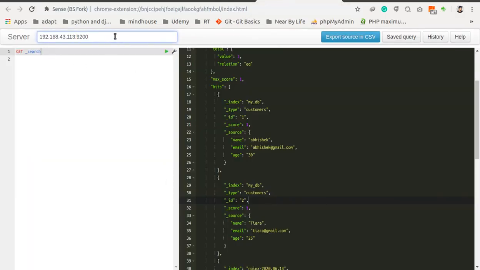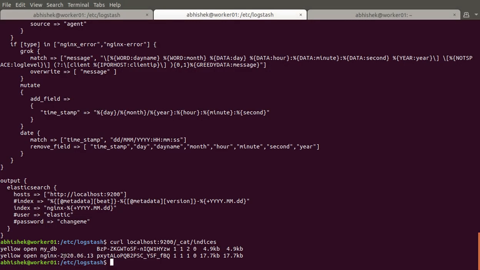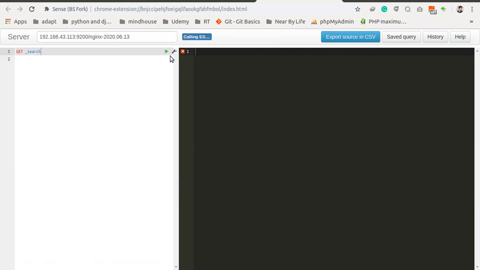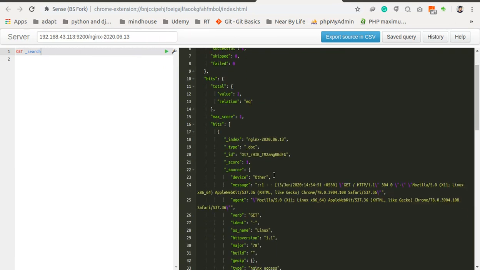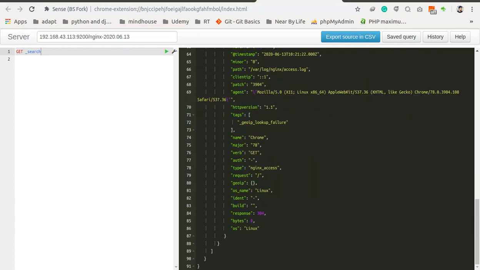And now if you check the logs for the same name, nginx, let me copy it from here. You can see the logs are here, the Nginx logs, and if you want to apply some operations on that, you can perform them. Let me show you some examples.